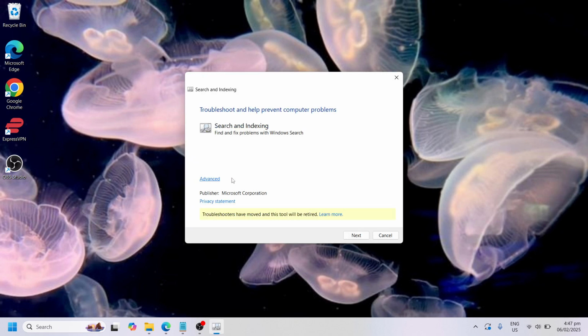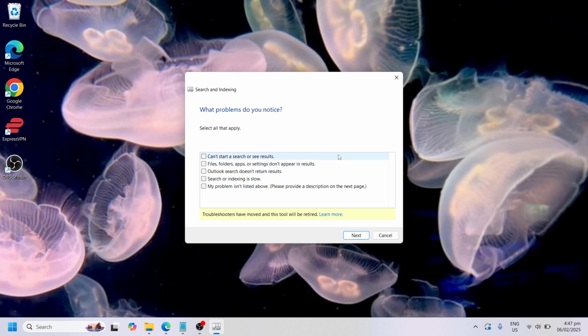And then this window will open here. Just click on next and this will automatically detect the problems of your computer. So here just have to select,